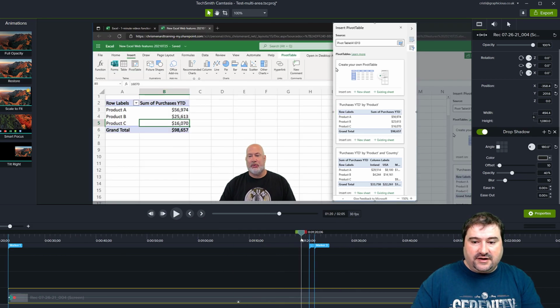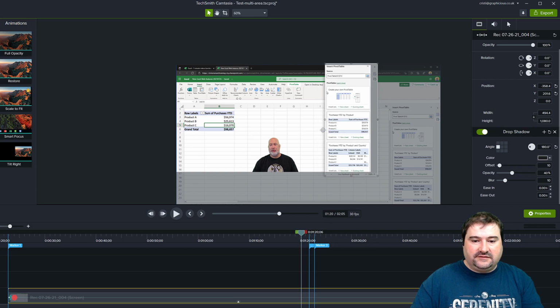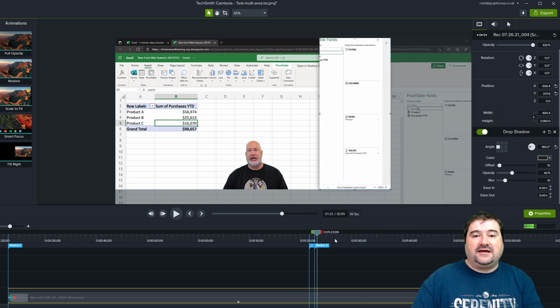If I go to that area now, you can see all of that area is outside of screen, so don't worry about that. But he has zoomed in on this part of the screen now, and you can see the advantage is that although the original clip has gone out of screen here, I still have my copy on screen where I need it to be. So let's zoom in here a bit, and now we get to the point where he's actually closing that panel. Watch what happens. Close. See, the panel has closed, and the area that I'm showing is now wrong.